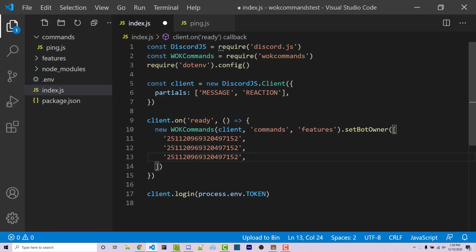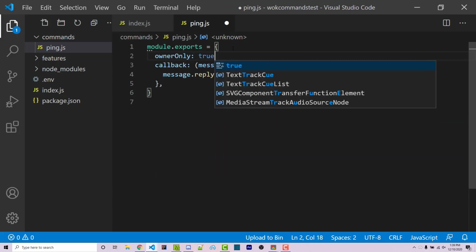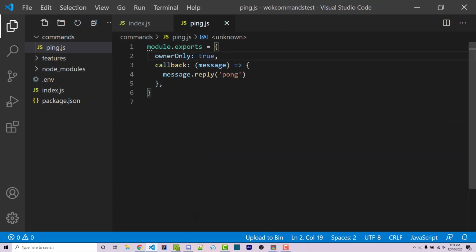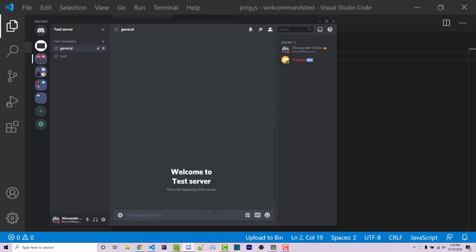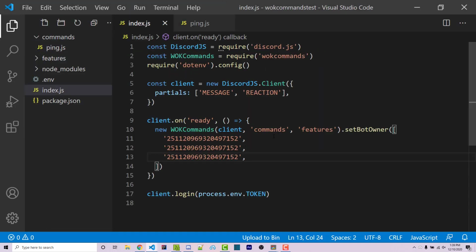Now to enable this for each individual command, first we can save this file, we can go into our command and we can say owner only is true. We can then save this, and inside of Discord, we see my tutorial is online, so I can then run !ping and it works. However, if I go back and I change these to, let's say, 5.1 instead of 5.2